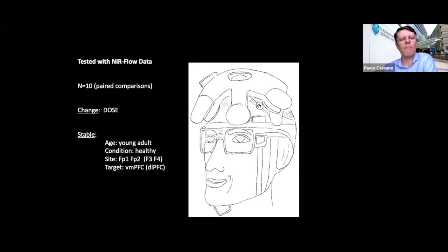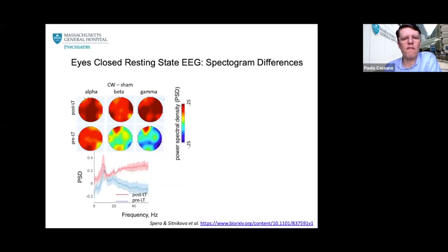So then we went to the data, and we had a healthy subject group of 10 subjects where we looked at 2 different doses. All parameters were the same. The patients were the same. We tested with 2 different doses. And what we found is that,